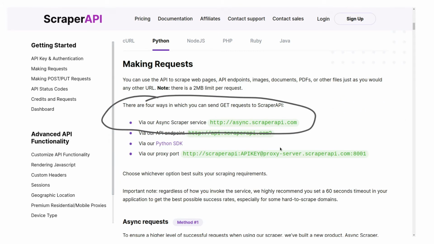So there's 4 ways that you can make requests. What we're interested in today is via the Async Scraper service that you just saw. So there's the URL, async.scraperapi.com. Note there's a 2 megabyte limit per request. Choose whichever option best suits your scraping requirement. Previously, I've done videos about the second one, which is using the API endpoint, using the Python SDK. So yeah, let's have a look at the